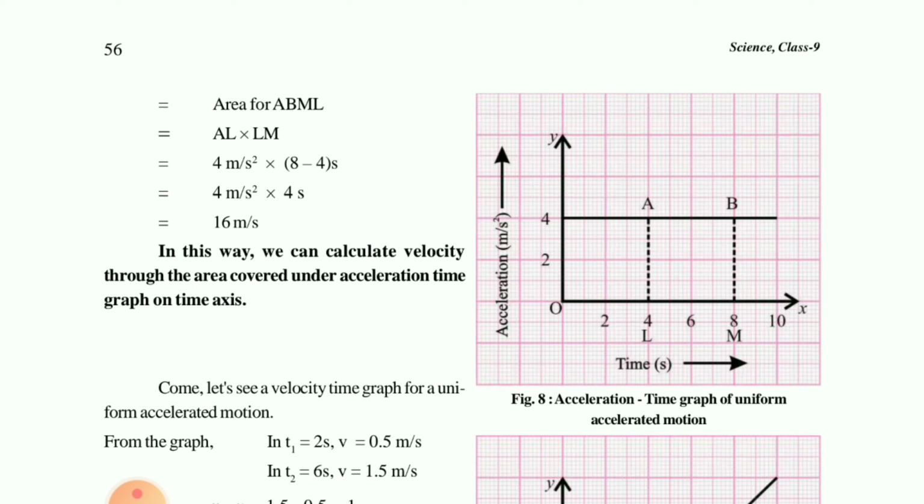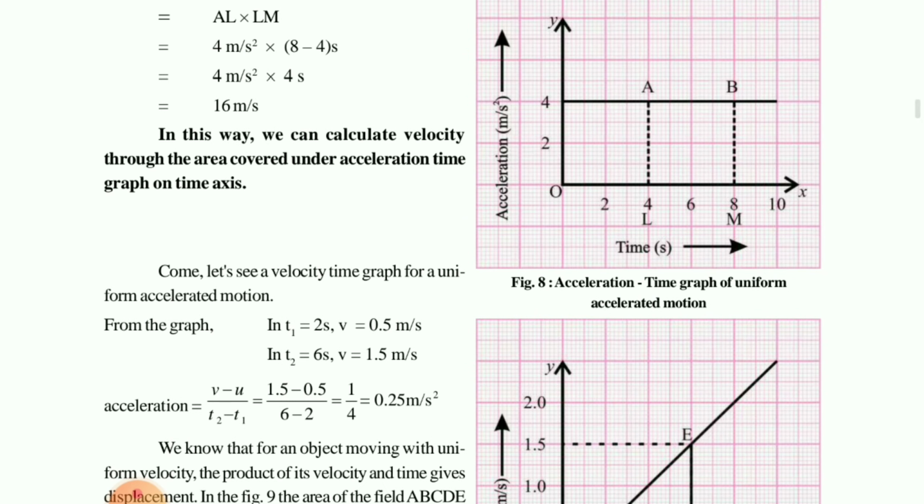that is your square. Square means side by side, that is side multiplied by side. So AL will be multiplied by LM, any side we can take. After that children, the value of AL is 4 meter. Complete value we will take from 0 to 4. Then from L to M, you can see here 8 minus 4, that will be 4. So what will be the answer? 16 meter per second, that will be the answer for that.